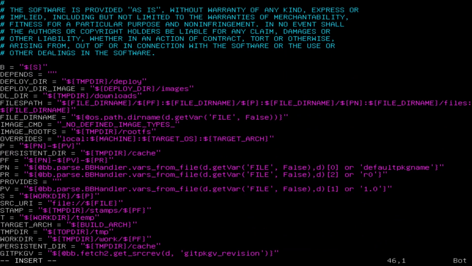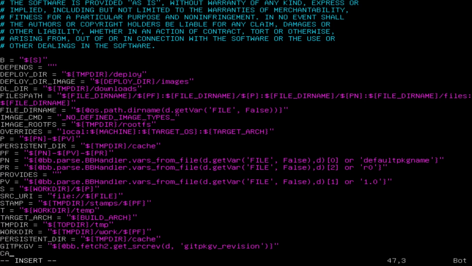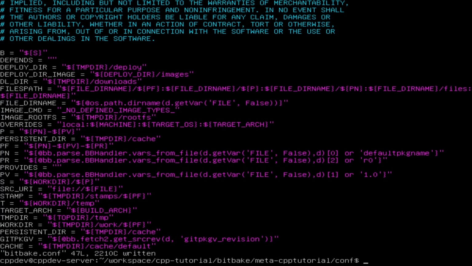Basically, at the end of this file that we took from the bitbake installation directory, we are also going to set the cache, which is going to be set in the temp dir, cache default.